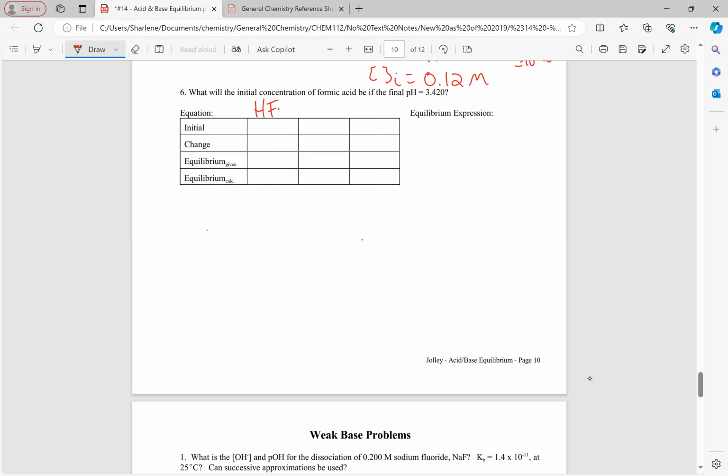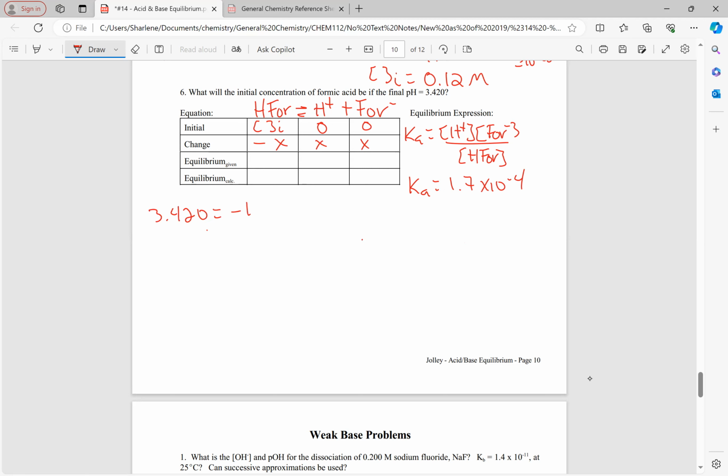My equation is HA goes to those two. My Ka is equal to the products over the reactant. And I look up Ka off of my reference sheet, and it's 1.7 times 10 to the minus fourth. All right, what do I know for the table? Well, I'm trying to find my initial concentration, but it doesn't say I added any of that, so I can fill in my change. And my final pH is 3.420, so my equilibrium pH,